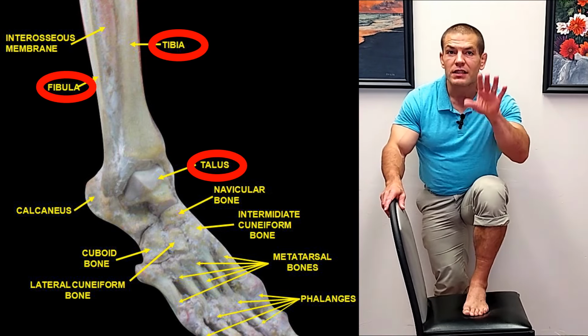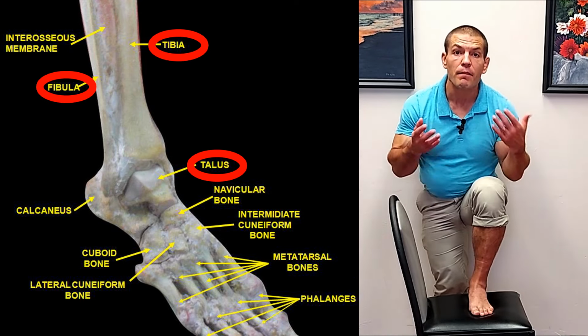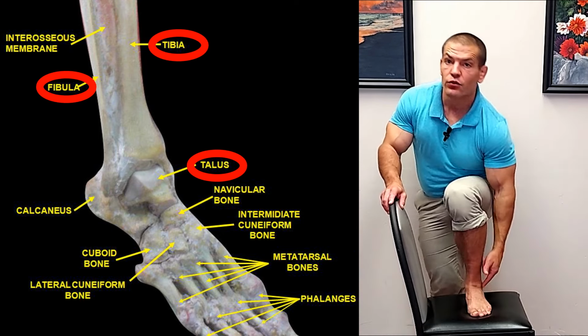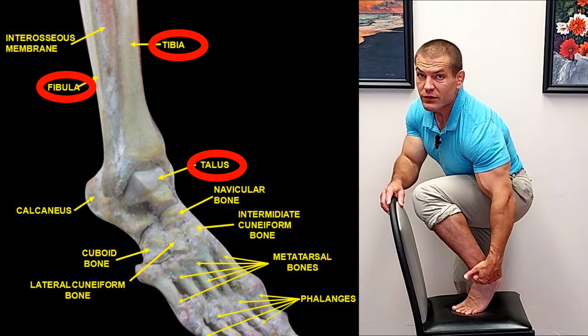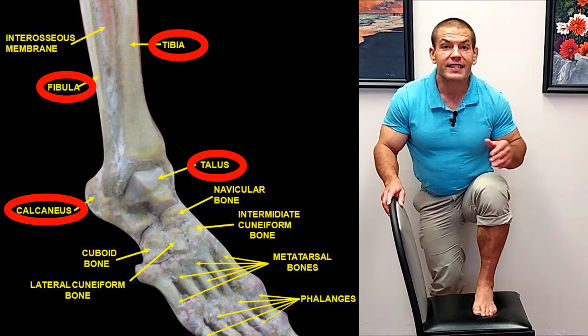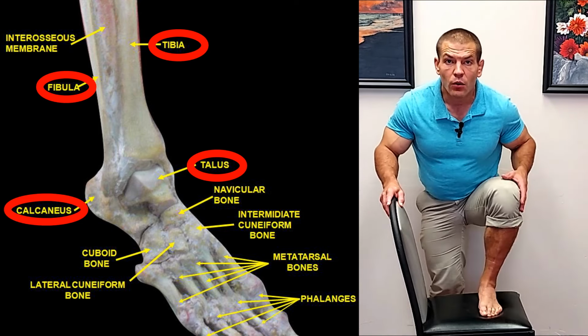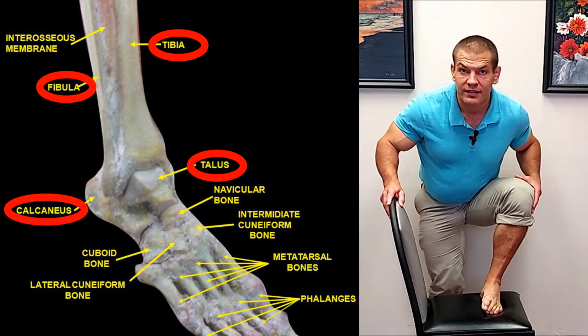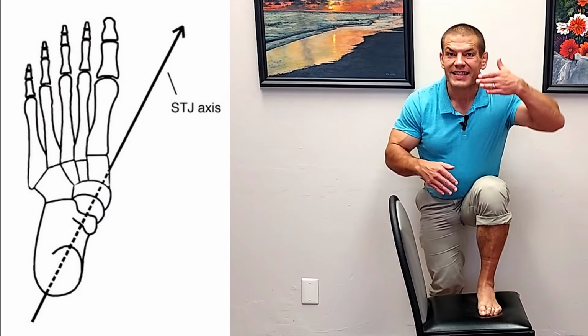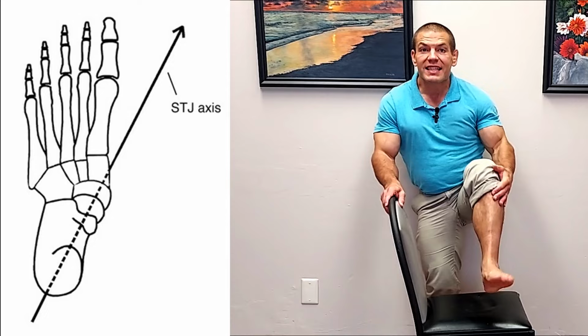Now, for the most part, it is just an up and down joint, but there is just a tiny bit of side-to-side motion as well. Most of the side-to-side motion comes from the next joint down below that, the joint between your talus, which again is wedged up in between here, and your calcaneus, your heel bone. And that subtalar joint is responsible for a lot of the inward and outward motion of your ankle, or pronation and supination. Now, the axis of rotation on that is at kind of a 45-degree angle, so the motions of inwards and outwards, they actually occur along all 3 planes. And I'll explain why that's significant a little bit later in the video, but it is kind of important that